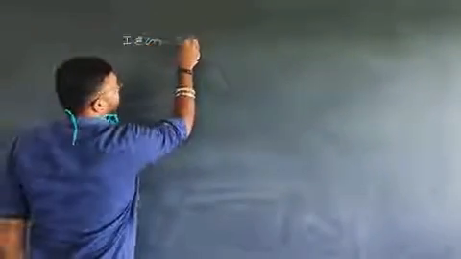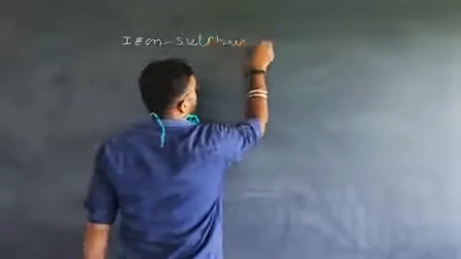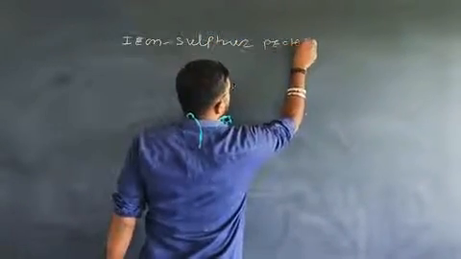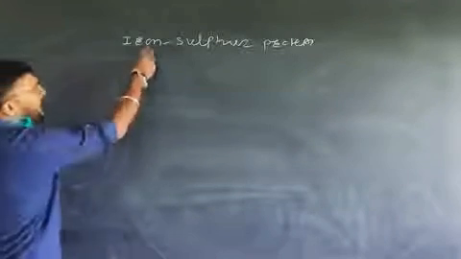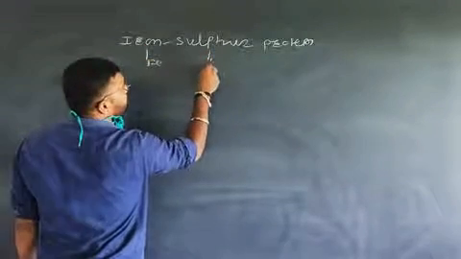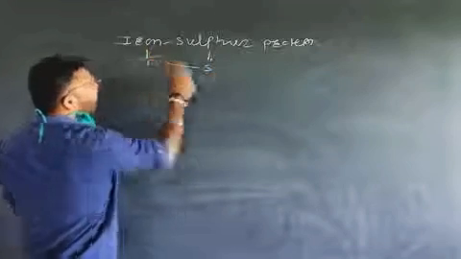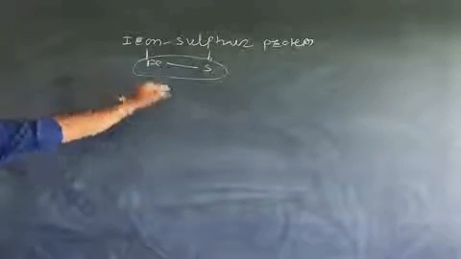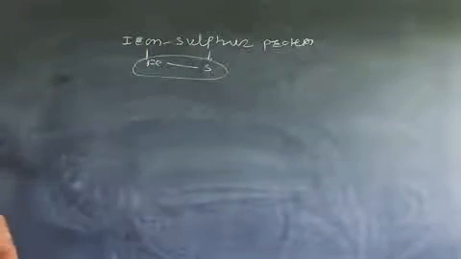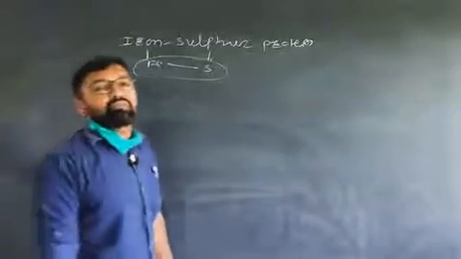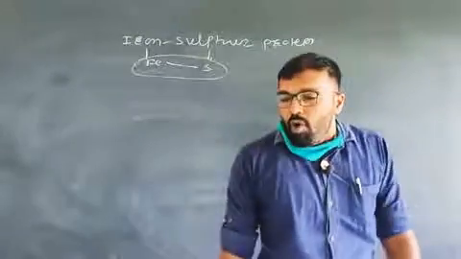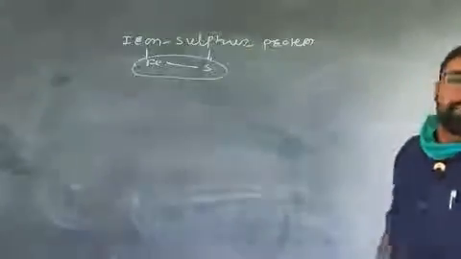Now in today's lecture we want to discuss a new topic, that is iron sulfur protein, right? What is this iron sulfur protein? As the name indicates, iron Fe and sulfur S. That means inside the iron sulfur protein, ferrous and sulfur units are present, or you can say ferrous and sulfur clusters are present. Why do we want to study this iron sulfur protein?